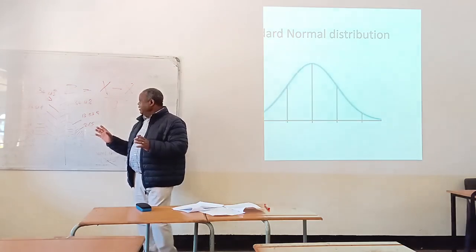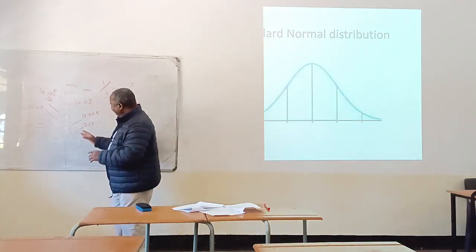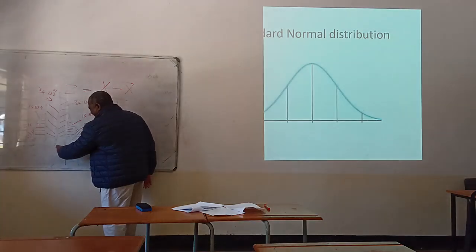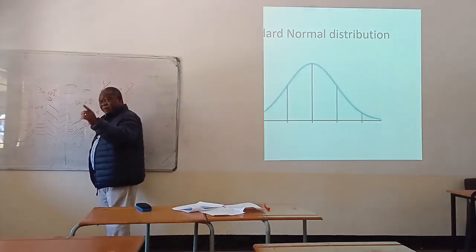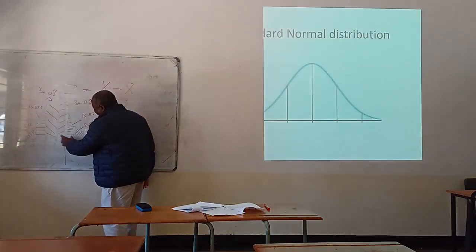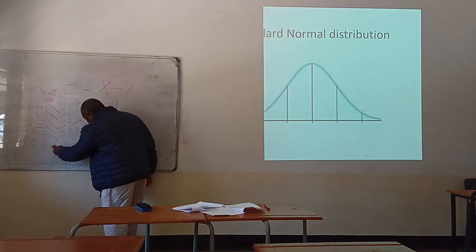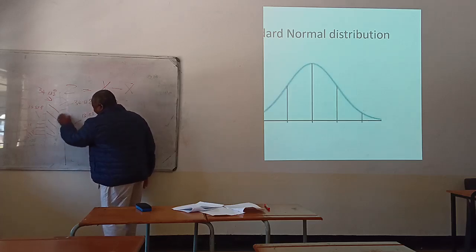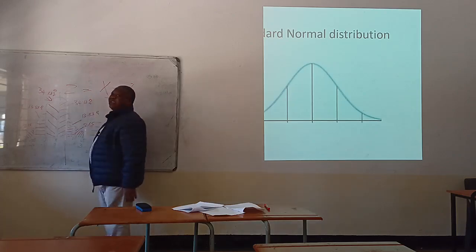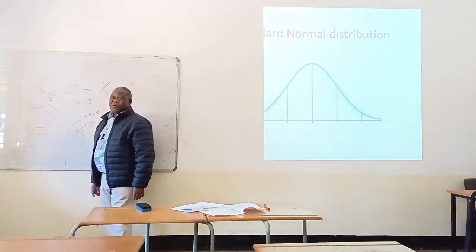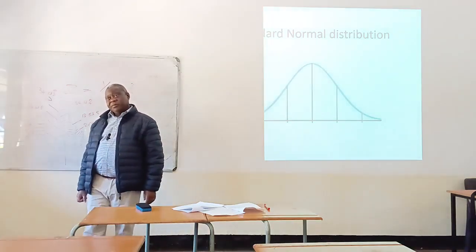You remember the mean is Z, and we have found from that table that Z is 2. So the area between the mean and the 2 z-score contains 0.4772 of the observations,